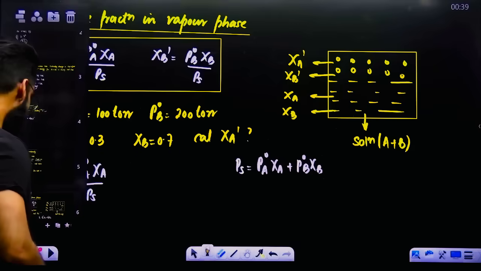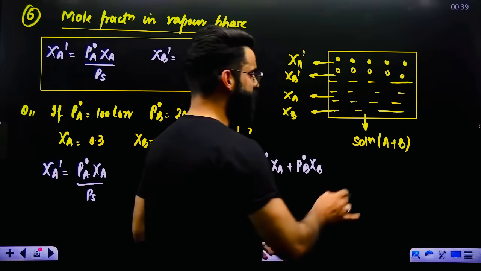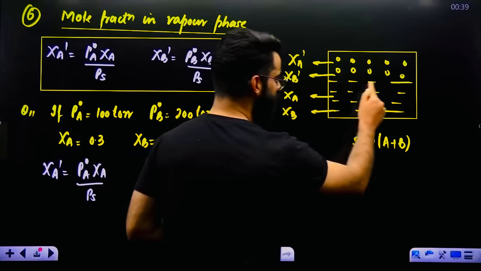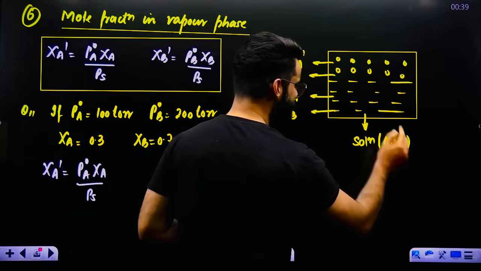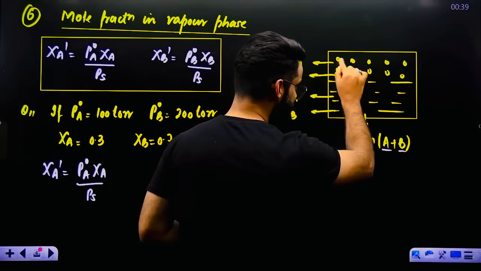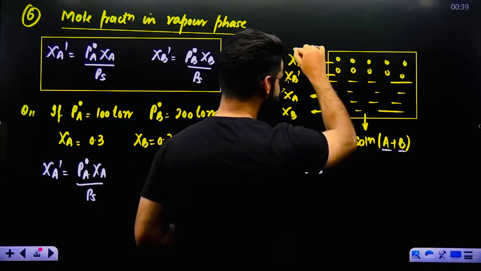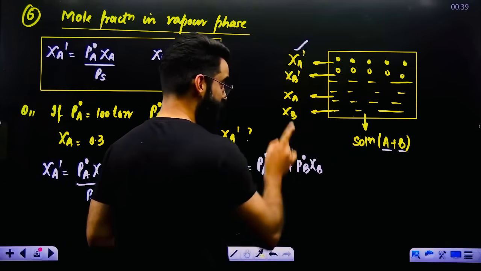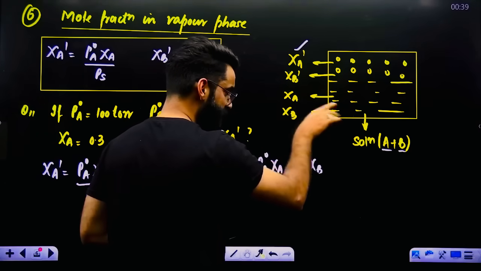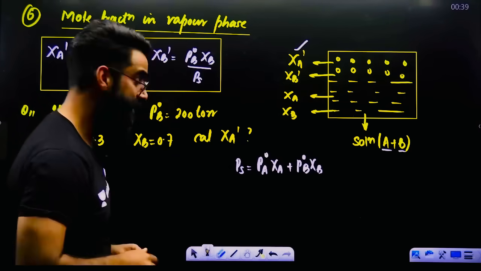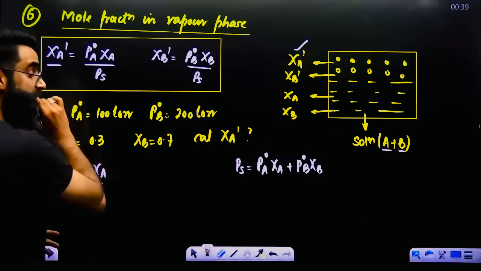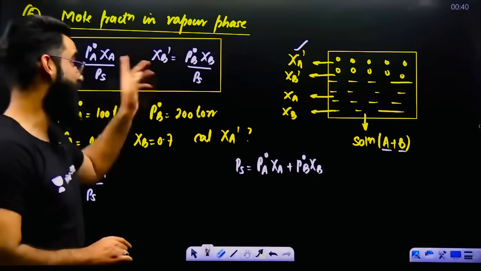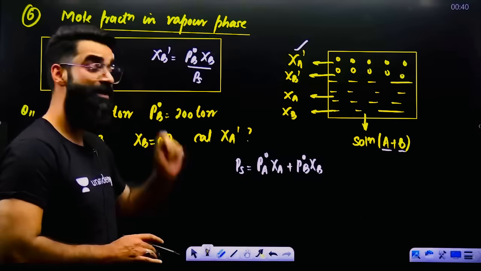Concept number 6. How do we calculate mole fraction of a component in a vapor phase? For example, you have got a solution of A and B over here. Both A and B I'm considering as volatile. So you will have vapors of A as well as B over here. This chi A dash represents mole fraction of A in the vapor phase, chi B dash mole fraction of B in the vapor phase, chi A mole fraction of A in the solution phase, chi B mole fraction of B in the solution phase. Remember this expression. Mole fraction of A in the vapor phase is nothing but P naught A chi A divided by Ps. Similarly, mole fraction of B in the vapor phase is nothing but P naught B chi B